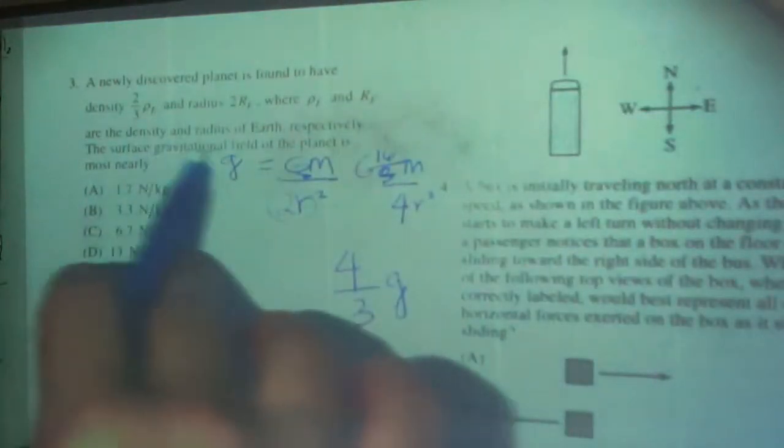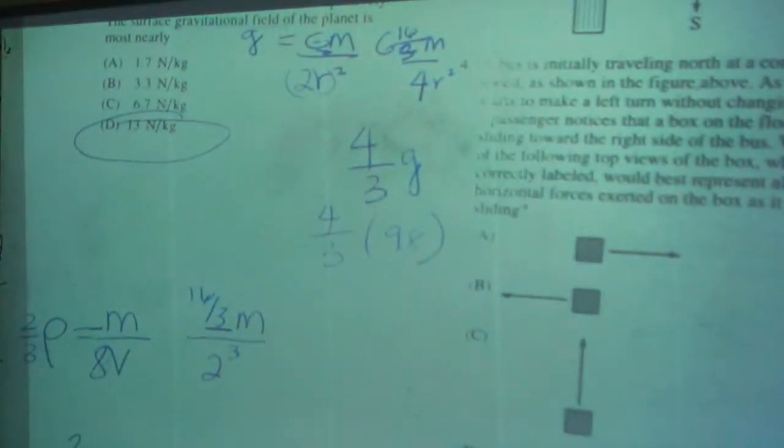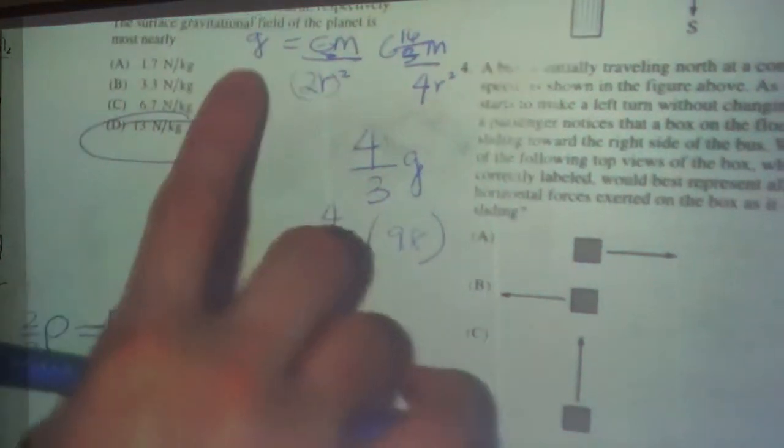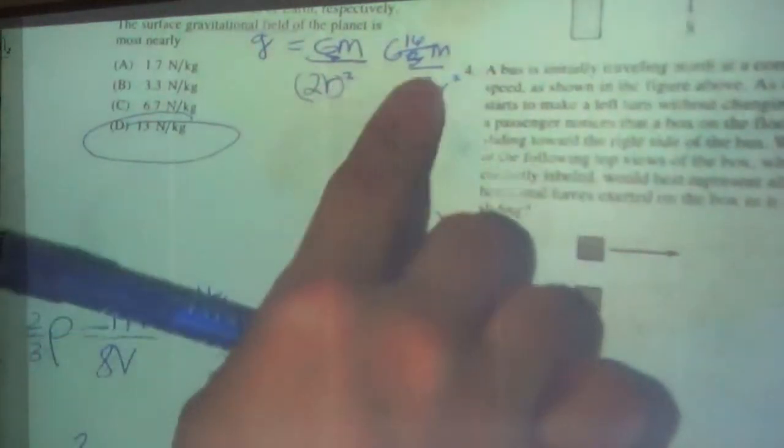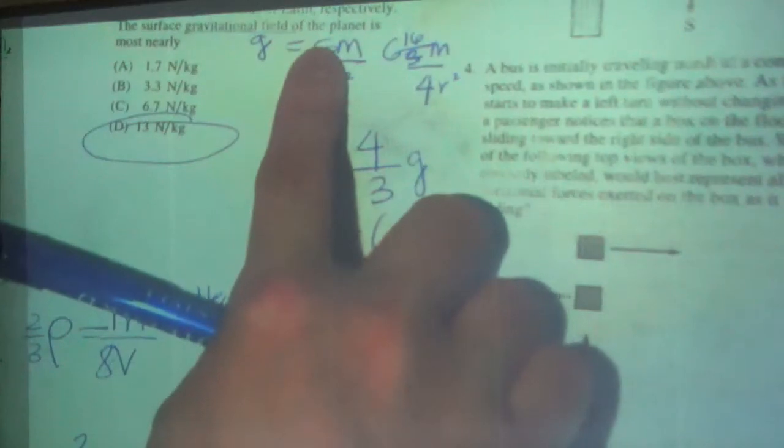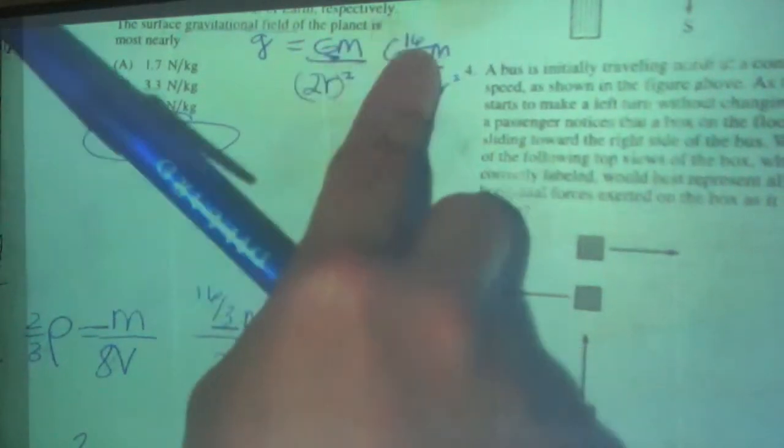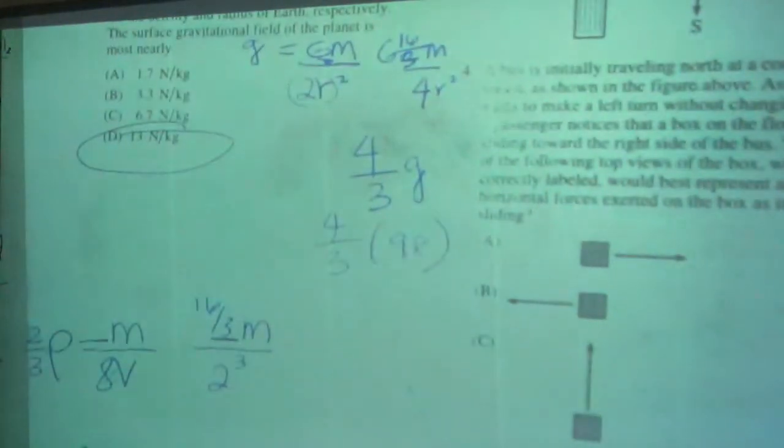Like this. And then I don't want to know just how many times bigger or smaller it is compared to Earth's. I want to know the actual value. Well, Earth's is 9.8, so if you multiply this, you get 13. So the trick here was getting how many times bigger the mass is, because once you have that, it's actually pretty easy. Twice the radius, that's a factor of 4. However many times greater the mass is, that goes on top, and then multiply by 9.8 to get your new